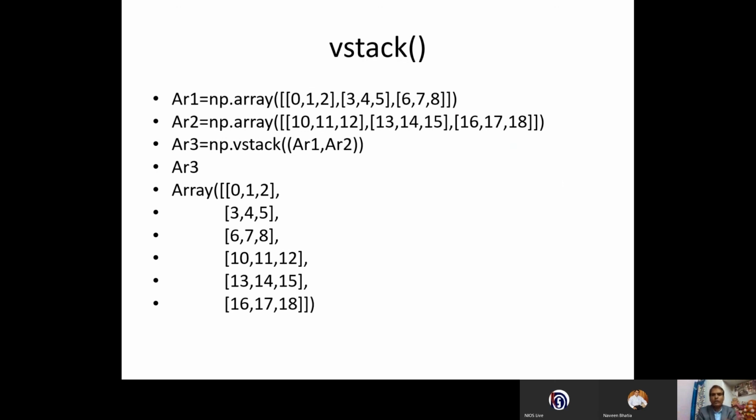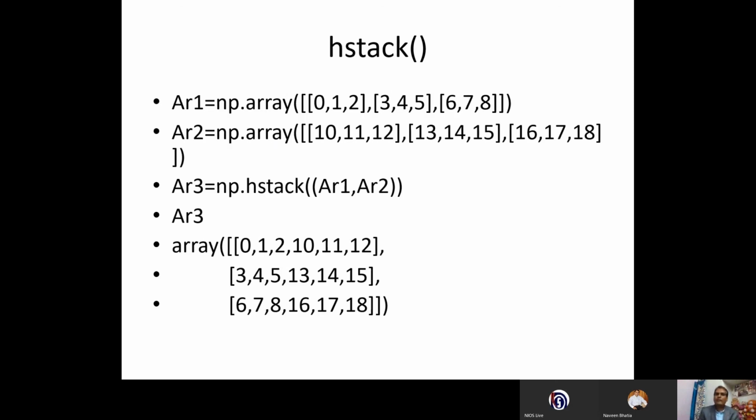This is an example, sorry, of vertical joining of arrays. We have the first array value and the second array value. We have shown how to use np.vstack. We give array 1, array 2 inside the bracket, and the final bracket you must also follow. Now you can see we are going to join vertically. So 0, 1, 2, 3, 4, 5, 6, 7, 8, 10, 11, 12, 13, 14 and 16, 17, 18. So it got joined vertically.